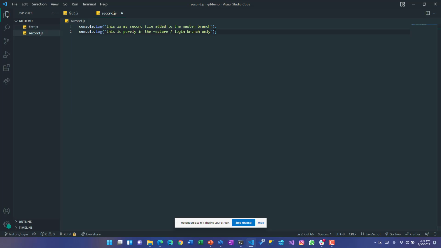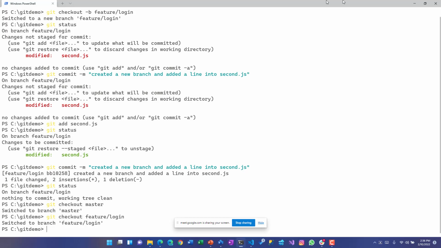So this is how the branches are still working, but we have not merged our branch, or in fact, we have not even pushed this branch onto GitHub. Now, what we'll do is we'll just use a push command to see whether it works or not. So I'll do a git status again. So I'm on the feature login branch, which looks fine. My local commits are all perfectly fine. Now I want to push this to GitHub so that they are all in sync.